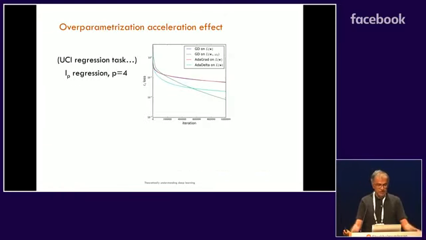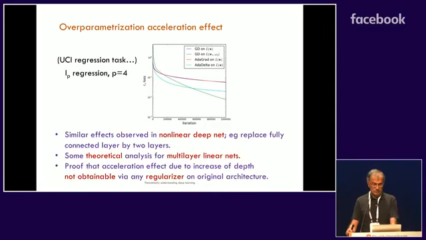Well, fair enough, but does it accelerate? And indeed, we tried on various regression tasks. So this is a UCR regression task. And you see here simple gradient descent, AdaGrad and AdaDelta, and our version, the overparameterized version. So indeed, it accelerates, and better than some standard ones. And it's even true for wall clock time. Okay, it's accelerating.